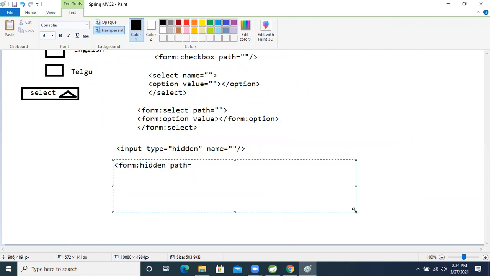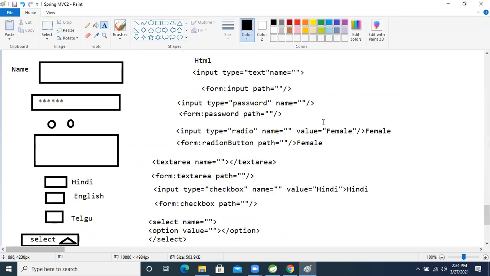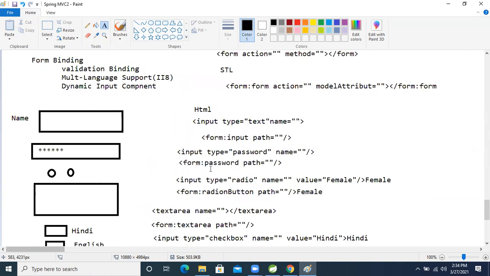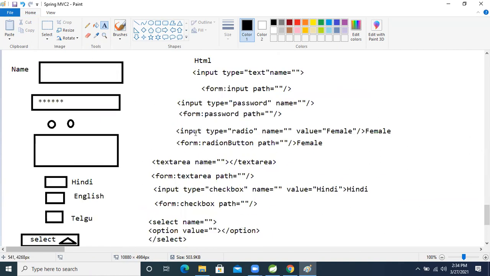Like that, this is the STL style. So these are the different inputs in forms, and I explained the equivalent code in HTML and the equivalent code in STL.